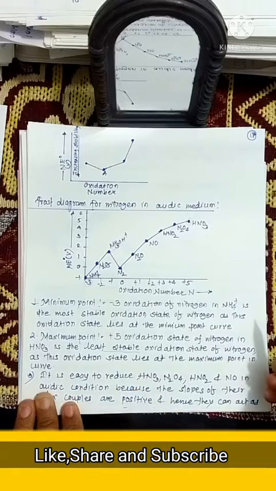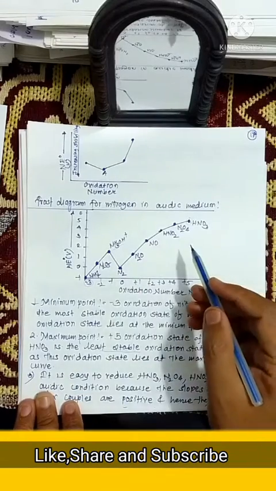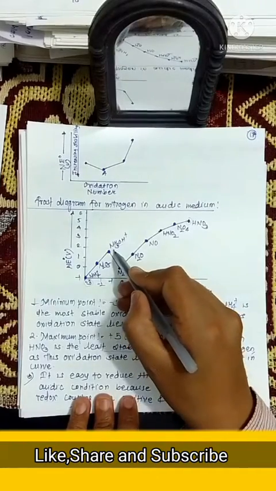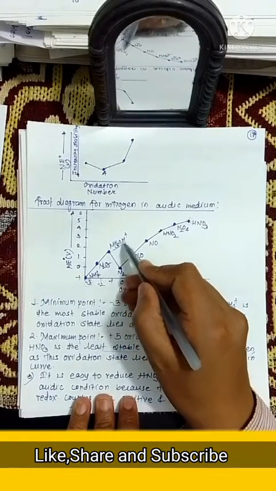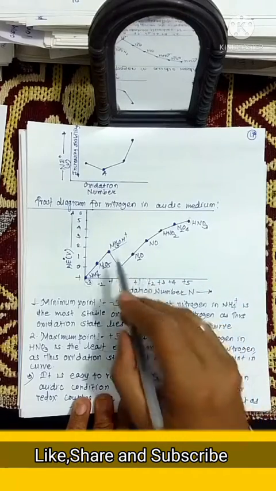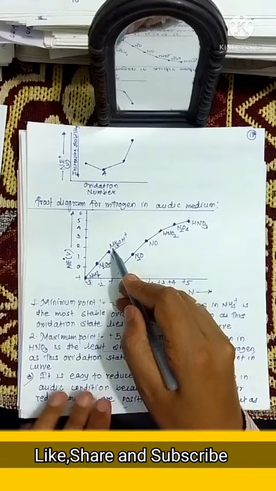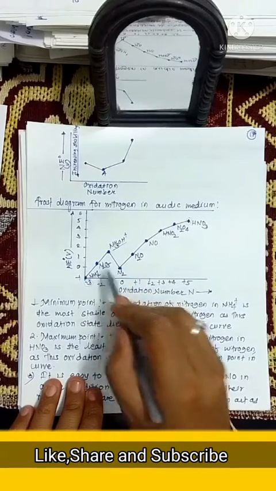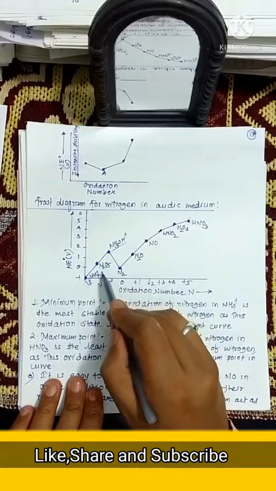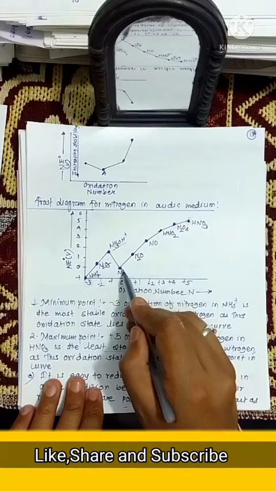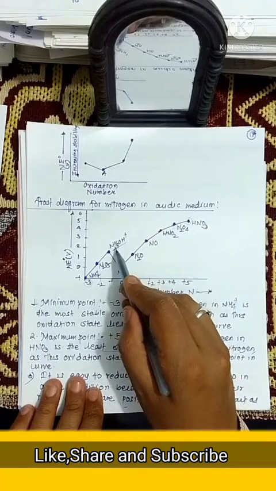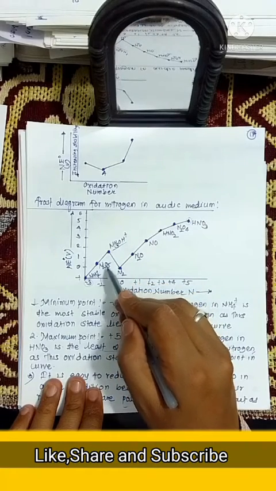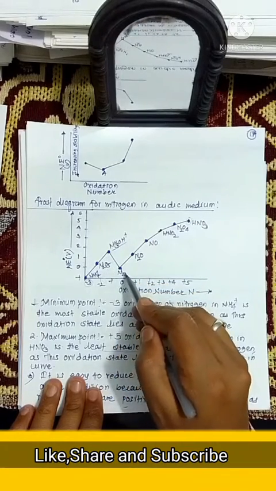on the curve. Now one more conclusion can be drawn from this diagram. Just see this, NH3OH+. We see that this species has a higher value of nE0 as compared to its neighbors, that is N2O5 and N2. It simply means that NH3OH+ can easily disproportionate into N2O and N2.